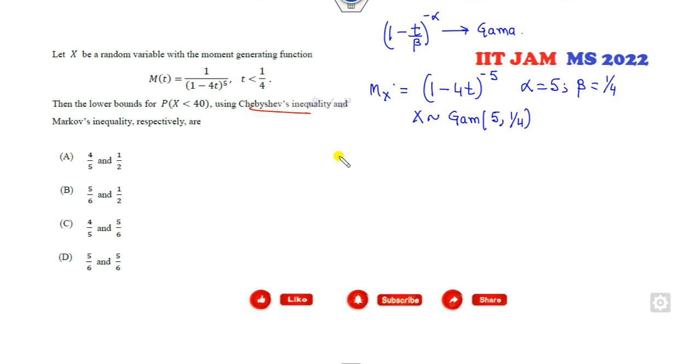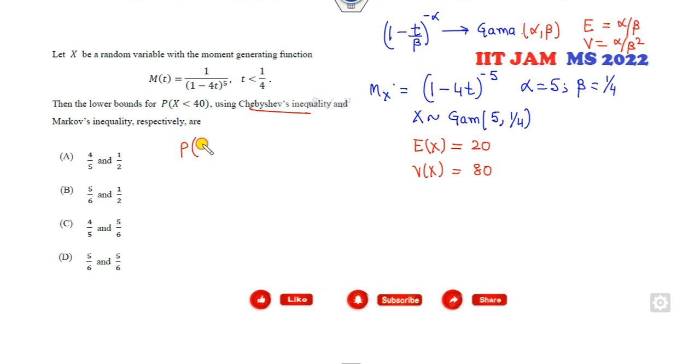Then the Chebyshev inequality. Okay, so for the Chebyshev inequality, we need a mean and the variance. Fine. If x follows the gamma distribution here, what is the mean of this? Alpha over beta. Variance is alpha over beta square. So you can find the mean is 20. Variance is alpha 5 over 16, that is 80. Then the lower bound of this,